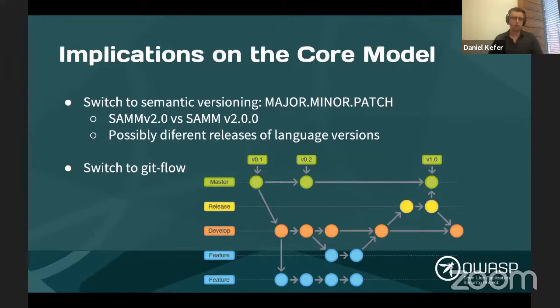We had a look at the common flows which are used. We decided to stick to some flow which is well known, so that we don't have to create all the documentation ourselves. And we ended up with Git Flow as being the most suitable one for the project. Git Flow belongs to one of the robust ones, I would say, and that works pretty well with the project, given that nobody works on the projects